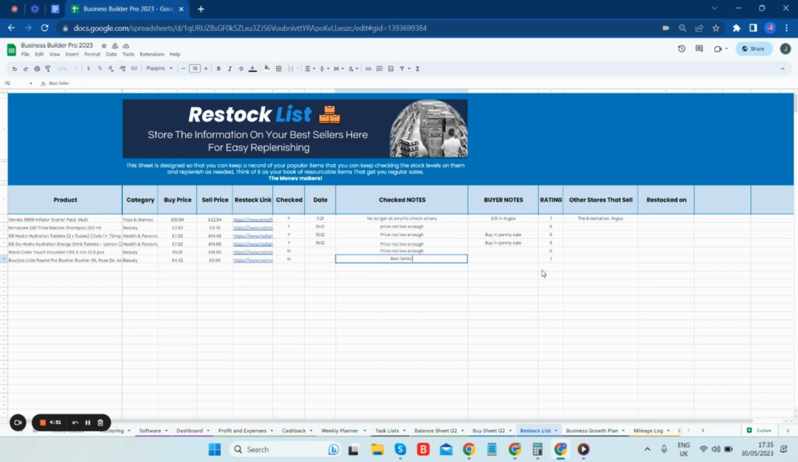By copying the relevant data from your buy sheets into the Restock Planner, you create a streamlined system for keeping track of these key items. Staying on top of restocking needs for your best-selling items is crucial in maintaining consistent sales and revenue. The Restock Planner enables you to monitor stock levels, promptly identify when products are running low, and take timely action